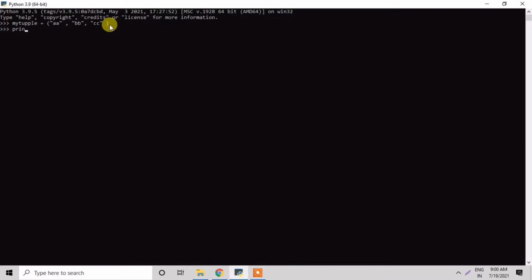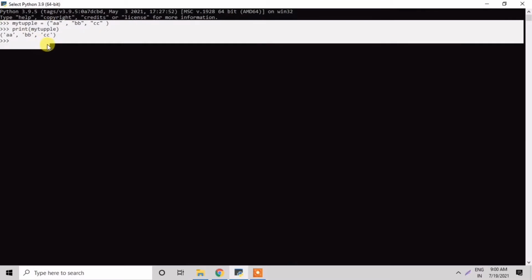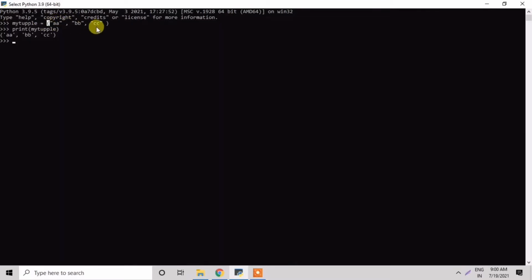After that we'll use the print function to print the variable my tuple. We'll see the result: the value of my tuple is printed. This is how we can use my tuple in Python.